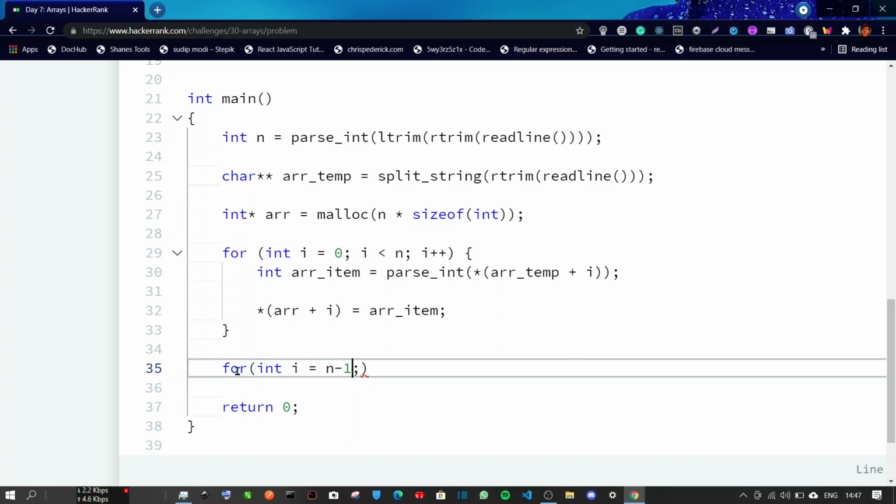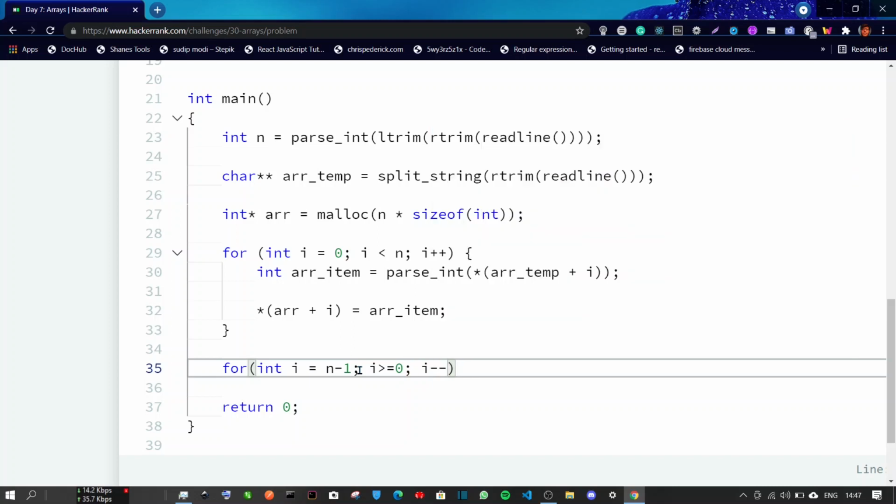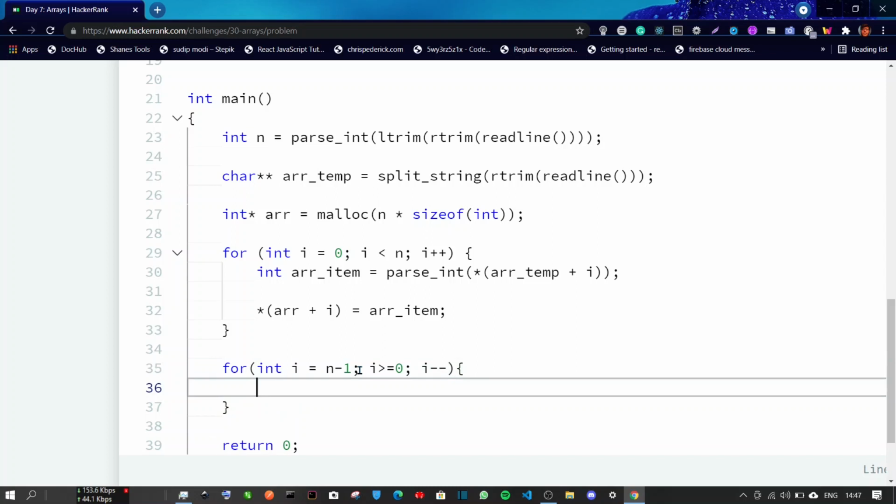We also have to subtract 1 since the index of an array starts from 0 and ends at n-1, n being the size of that array. So when i is greater than or equal to 0, then i minus minus, which means i will decrement after every iteration, and inside this for loop we have to use that printf statement.